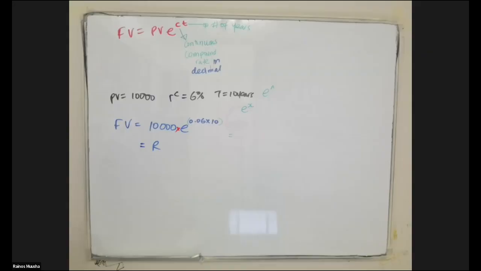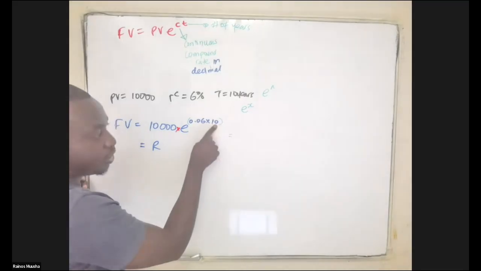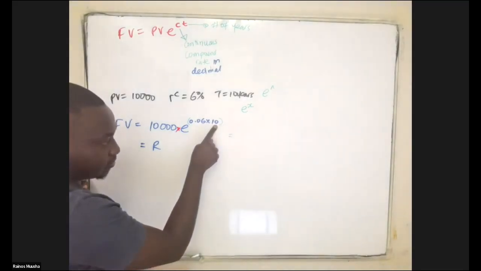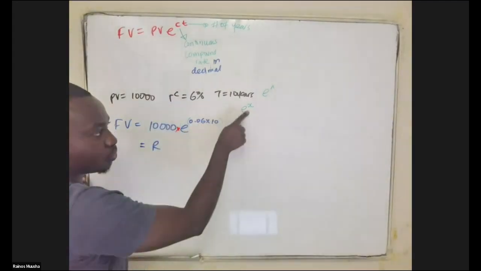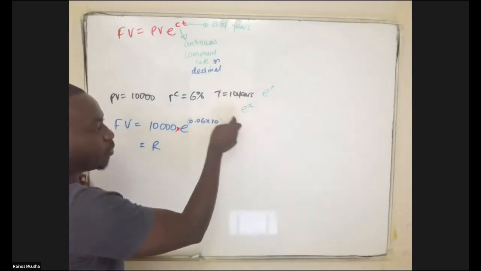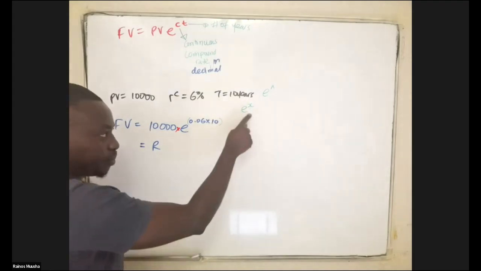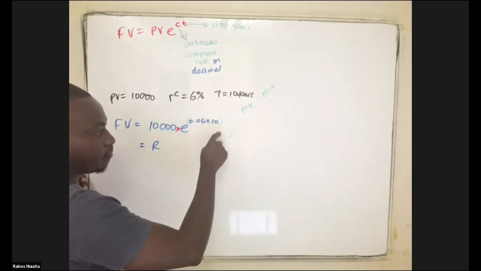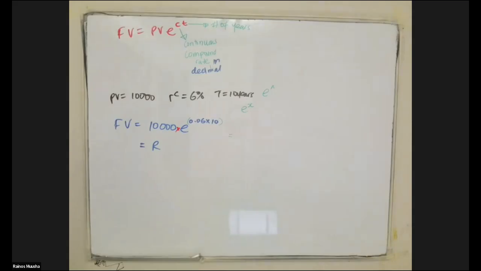With the HP calculator, you need to work it backwards. So you start with the power. You say 0.06 multiplied by 10 equals, because you get your answer there. Then you press shift, then E with an X on top, because you're basically asking what is the exponent of what I've calculated so far. So it's 0.06 times 10, shift, E to the X, you get your answer. Then you multiply it by 10,000. How much do you get?